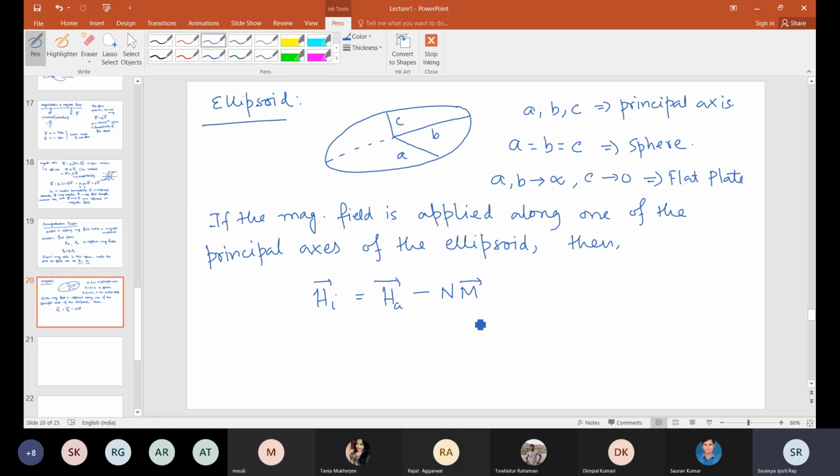So HA is the applied field, and we have an additional term that is minus NM.